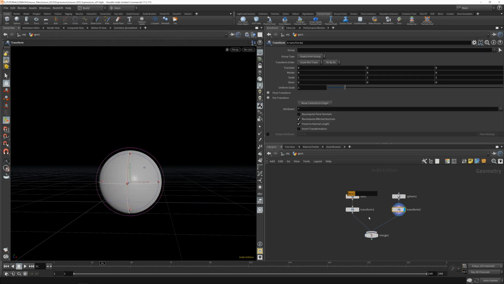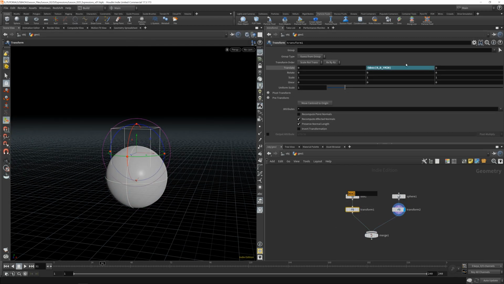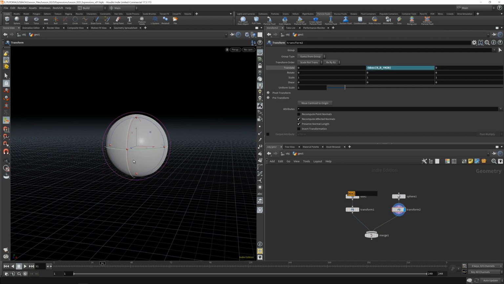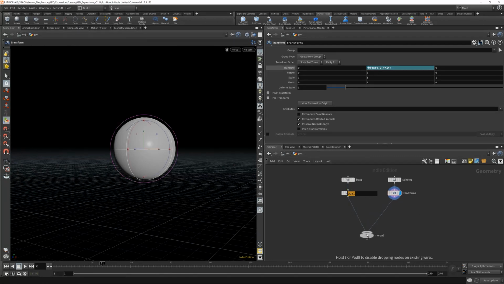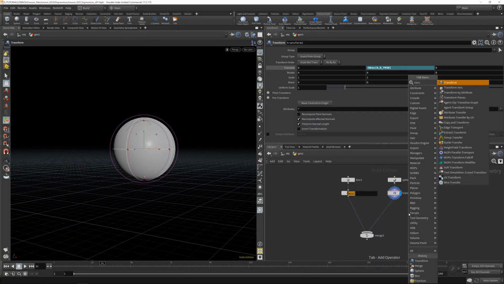Let's just first focus on what we did over here, which was we took the bounding box of this object and we rested it on the ground. So I just went over here. I'm going to copy this expression out, literally just copying the string using Control-C. I'm going to go over here to translate, and I'm going to paste that in right here. And you can see the sphere is now resting on the ground. So now what I can do is I can add another transform